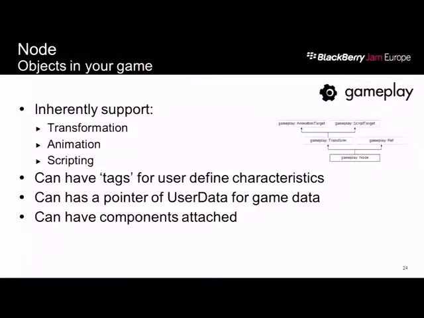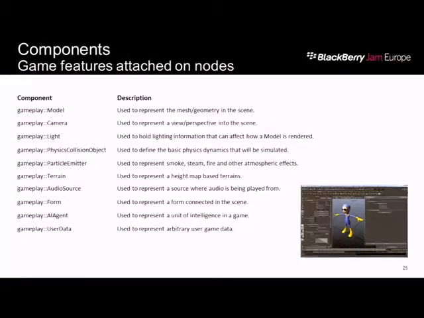And you can also have components that are attached to nodes. So the typical things that you attach onto a node might be a model. A model can be a plane if you want to write a 2D game and it's literally a 3D plane, but you're not really using the Z at all. That's fine. You can have some 3D in the game, and most of the game is just a bunch of planes, right? Or billboards. So models can be anything from a plane to a 3D model like Seymour down there, typical Collada guy. You can attach a camera to a node.